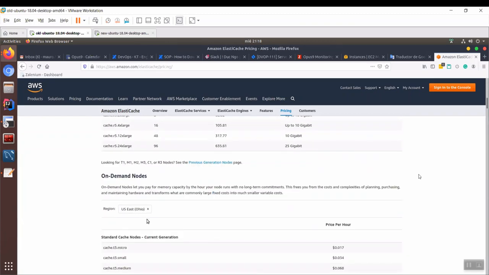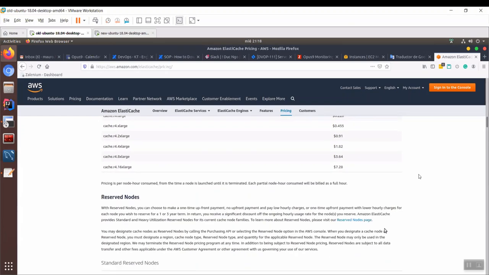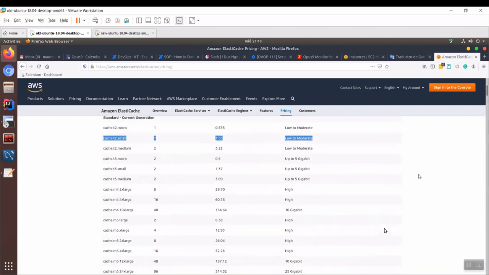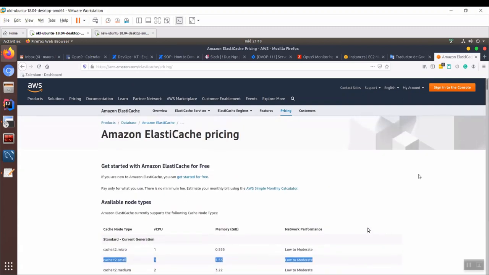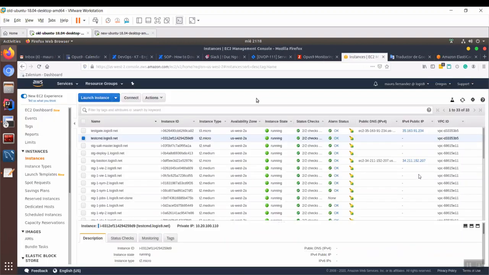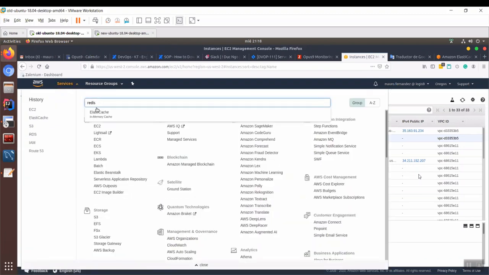So on demand, and so on. It's almost exactly the same as RDS with MySQL, but with Redis installed. So take a look at the price and the cost to set up a cluster. Go to Redis, ElastiCache.